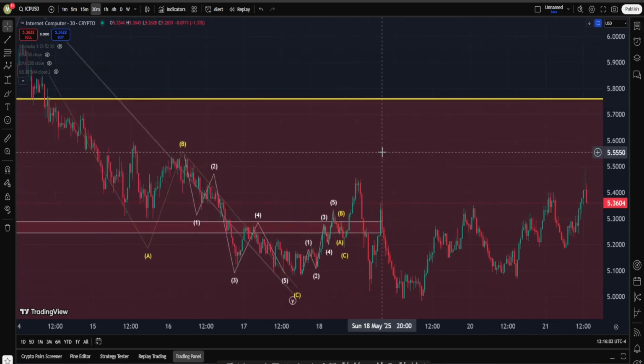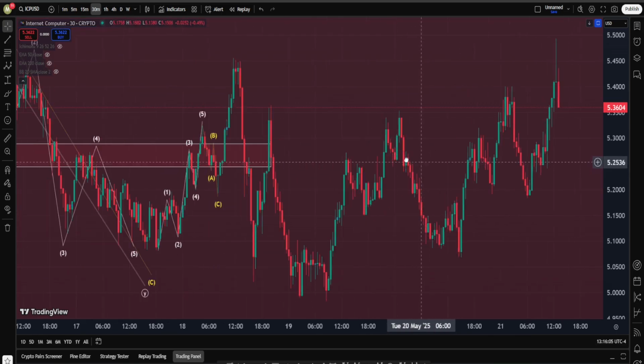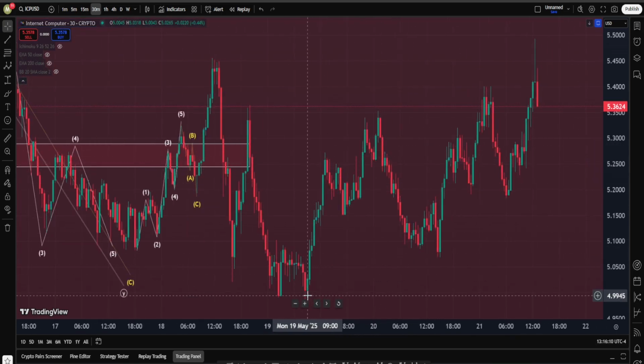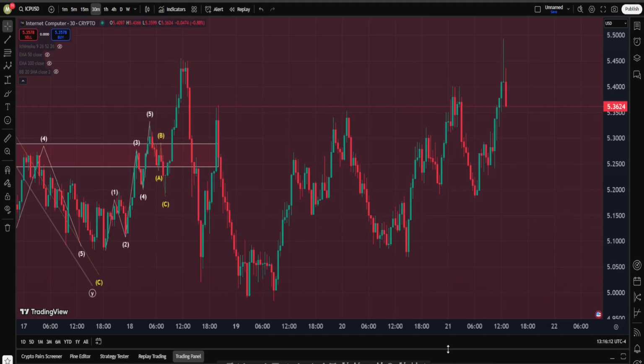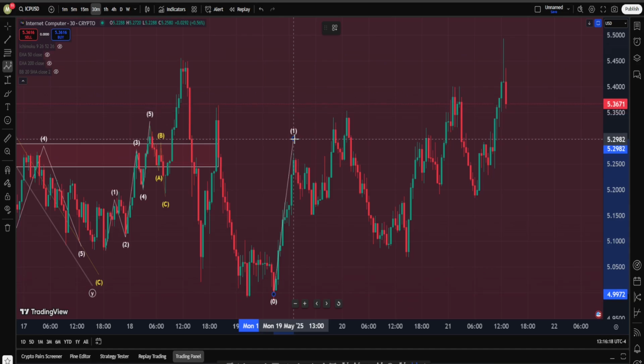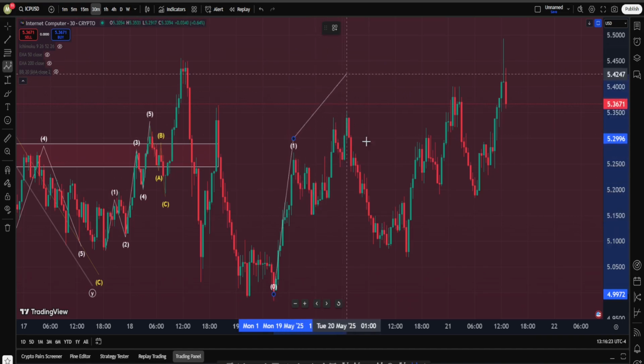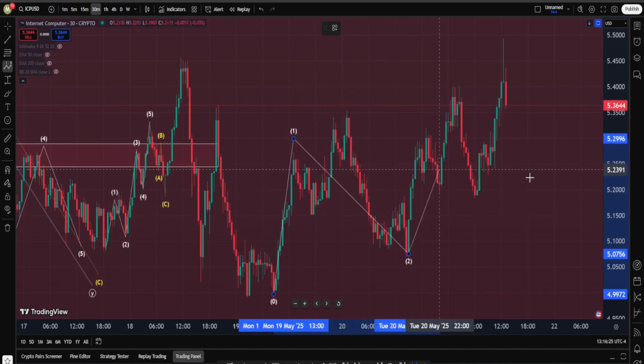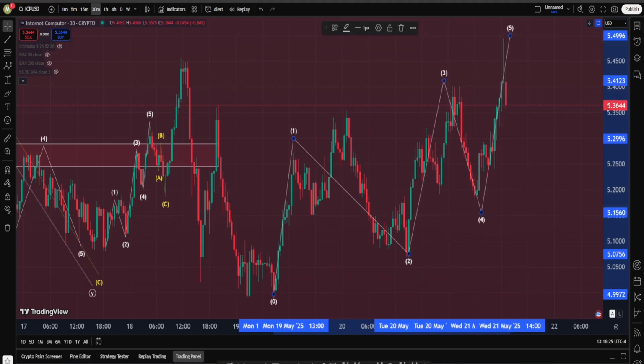Anyway, let's see what is happening right now. And I want to start counting Elliott waves from the lowest low down here. What do we have in this area? I believe we can say this is 5 wave up into a wave 1. And I'm going to go on some lower time frames and show you that this is most likely an A, B, C in form of an expanded flat into wave 2. And can we argue this is a wave 3 and 4 and 5?